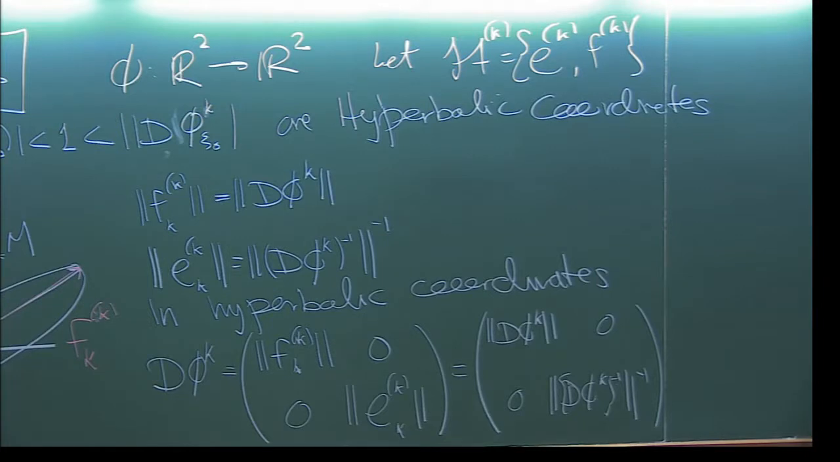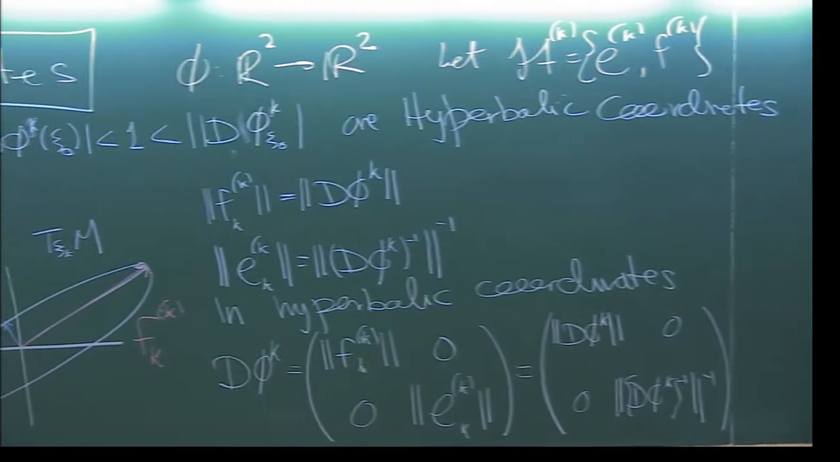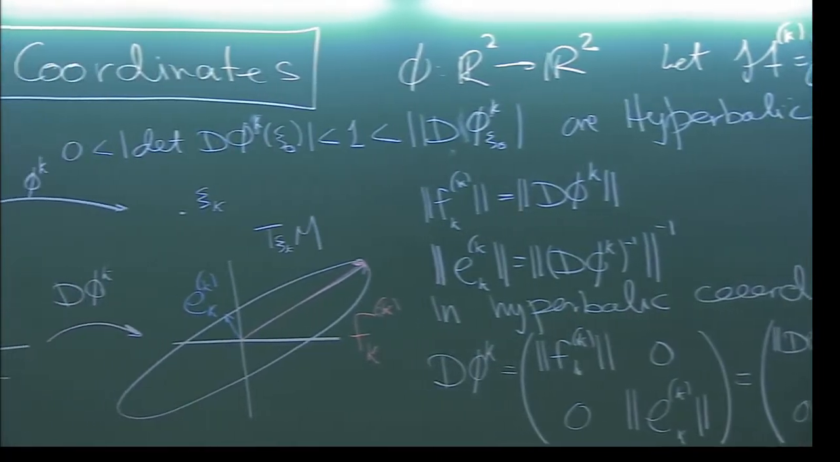So this will turn out to help us a lot. We're saying that we have a very simple diagonal form for the derivative if we use these particular coordinates. So how does this help us? Well,